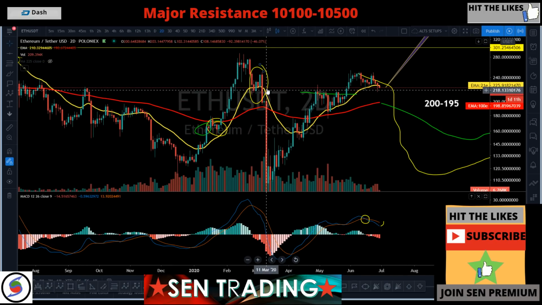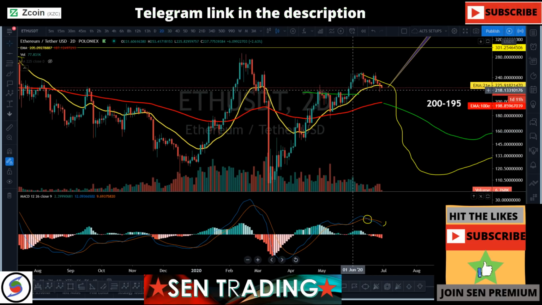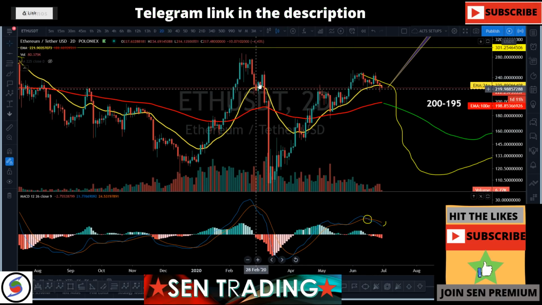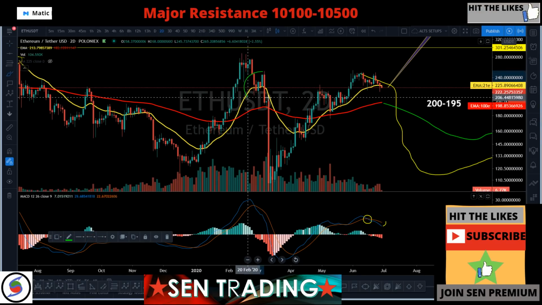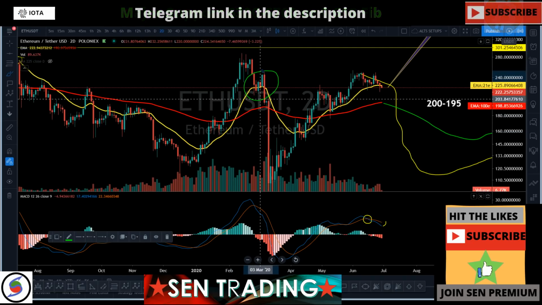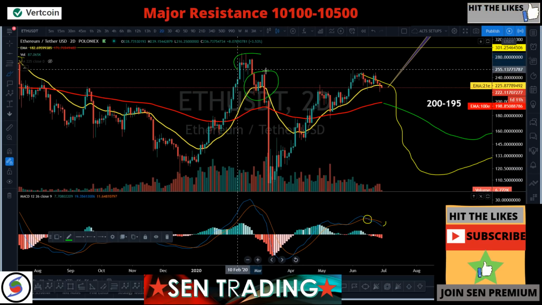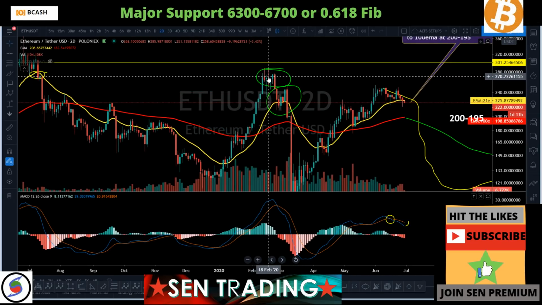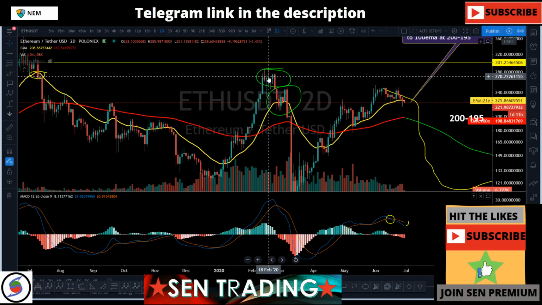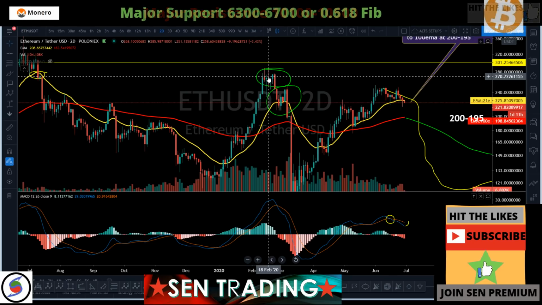Just to show you guys, previously I was not that bullish on Ethereum. I showed you guys previously when I was bearish on Ethereum, when it was pumping around the 250 range, I said Ethereum is going to drop down to the 185 to 175 range. We even capitulated all the way down to basically 86. And if you've been following our channel, when every single analyst was saying Ethereum is going to go up to 10,000, 5,000 and all that good stuff when it was around 270, I was like, guys, be careful. When you start seeing these big price predictions, you just have to step back and relax.